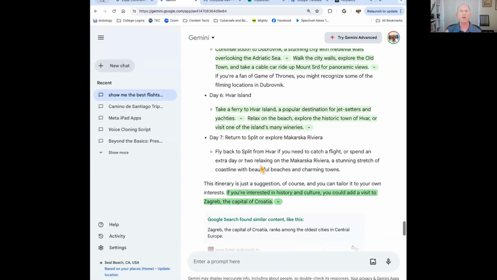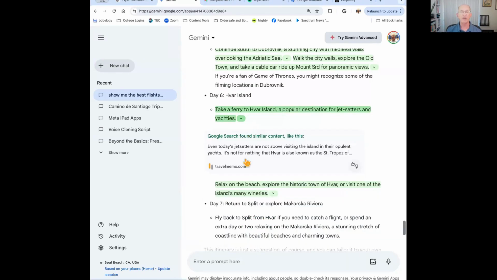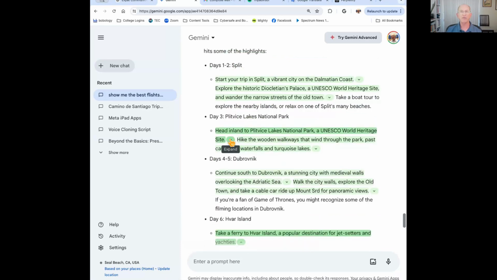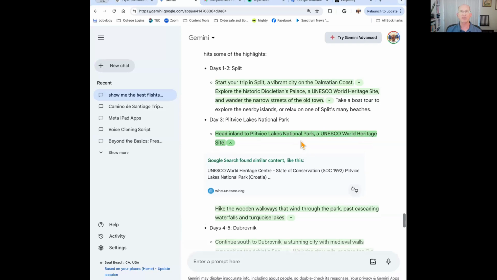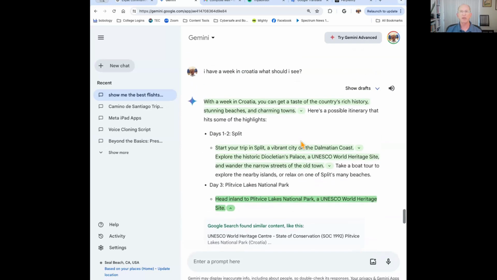So that's how they're tying things together. Var Island, here's where it got it from, and Dubrovnik, Plitvice, I think that's how it's pronounced, National Park, beautiful national park. I saw a video on it, and it's just amazing what they have there, and a few other things.